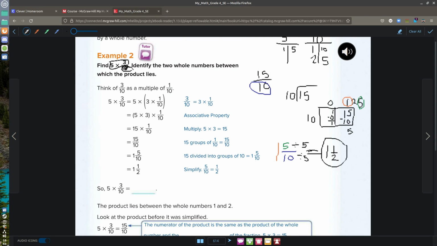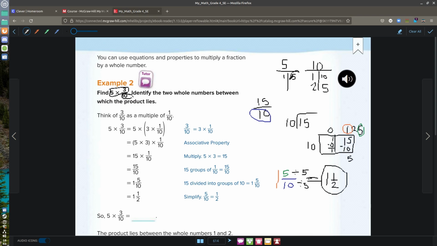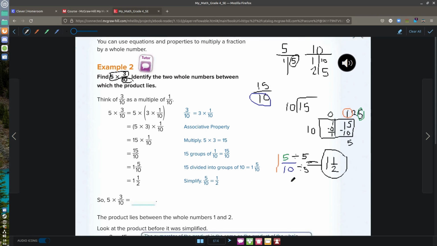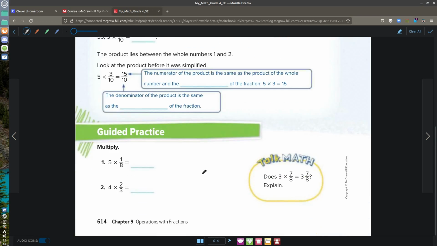Okay, so what I did was I did 5 times 3. I got 15. The bottom number 10 stayed the same. Then I divided, and I got 15 divided by 10 was 1, remainder 5. So that gave us 1 and 5/10. 1 whole was this number. 5 was the remainder, 5/10. And then I simplified it by 5. So 1 and 1/2. Okay, so let's look at